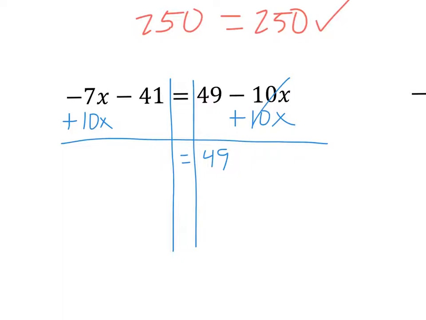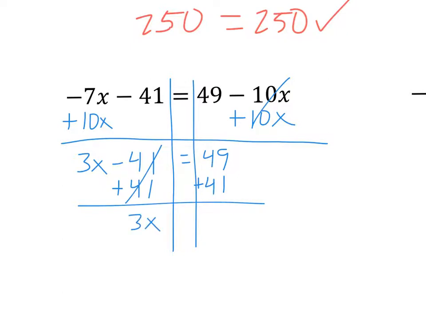And then we take negative 7x plus 10x, which gives us a positive 3x. And then we still have our minus 41. To get rid of that minus 41, we want to add 41 on both sides because that's the inverse operation. So those go away and we're left with 3x on the left-hand side is equal to 49